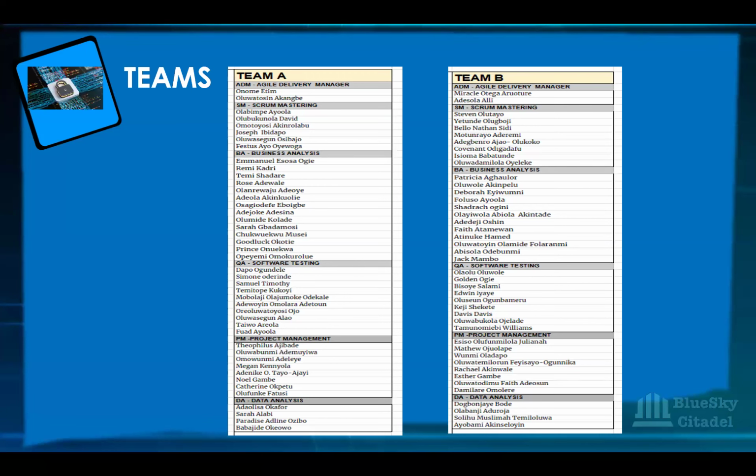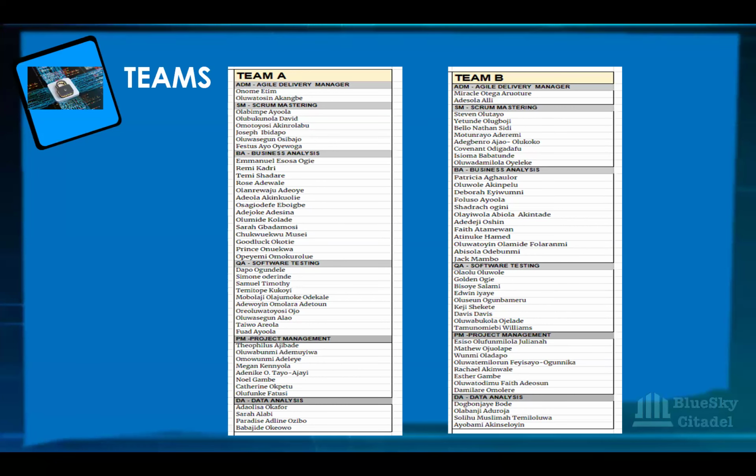The project mandate will be given to the team, all right? And each of the roles, the Scrum Master, BA, QAs, I believe by now you already have an idea of what you need to be doing.